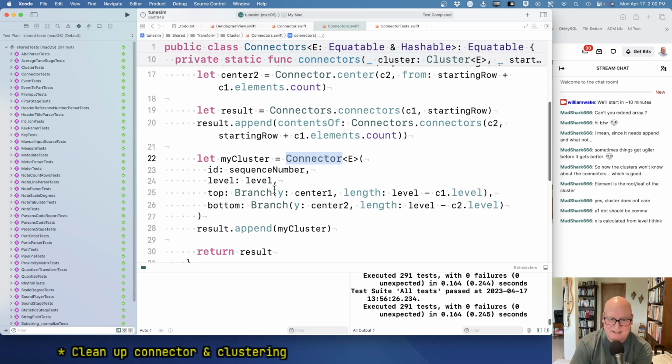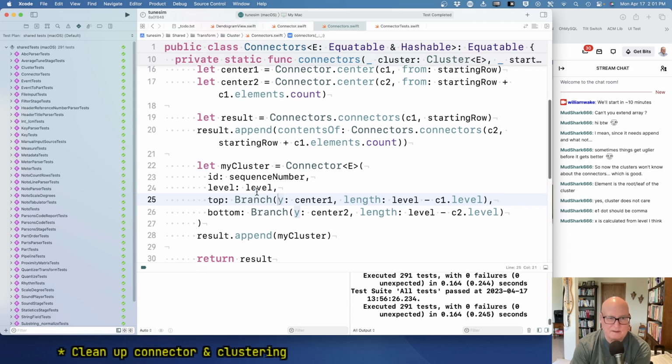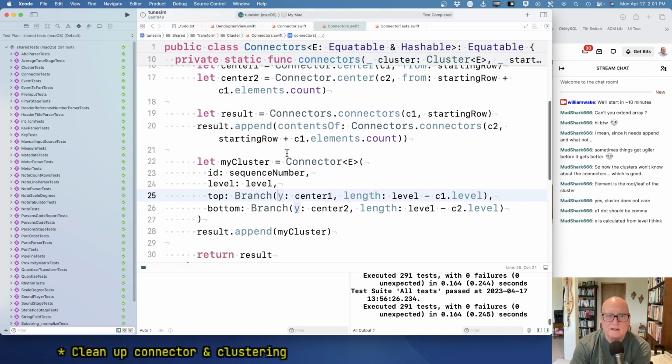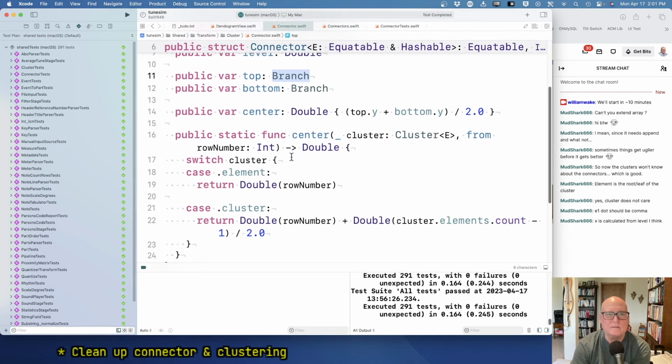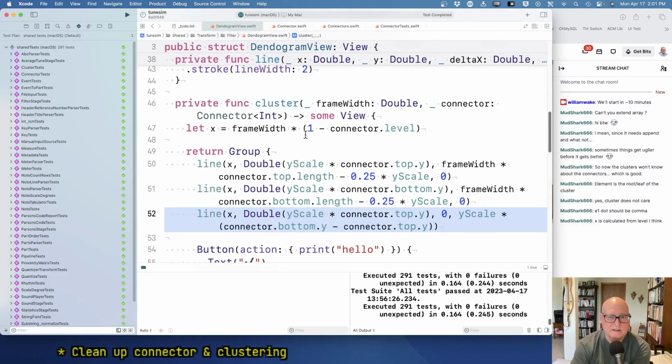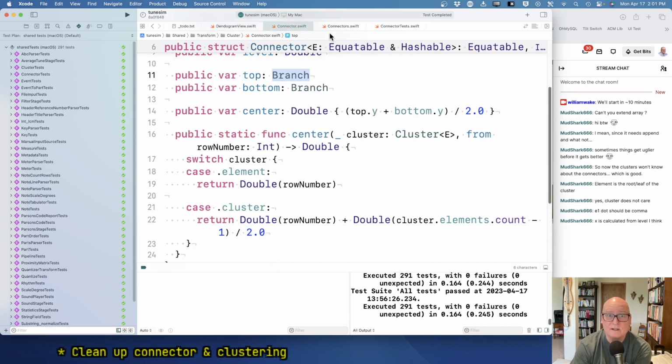One thing is this X position is probably useful here, even though it's the same in both. And in both, it's really 1 minus level. Where's that view? Here, this X is a function of the frame width, which is definitely a view concern, times 1 minus level. So I think you could say our X position is 1 minus the level of the connector, which you seem to have here,